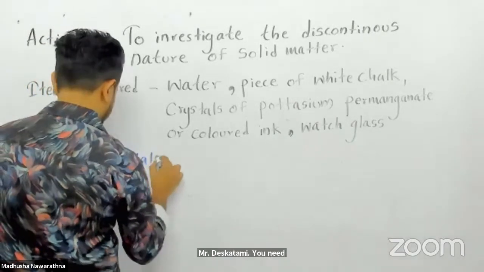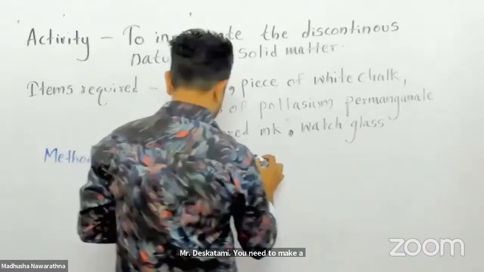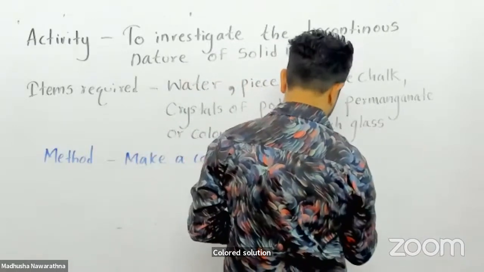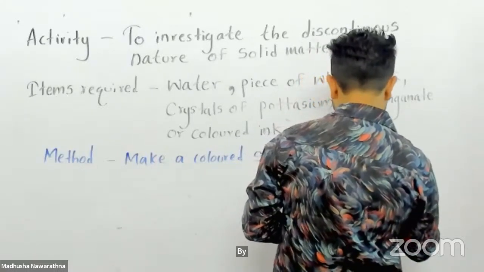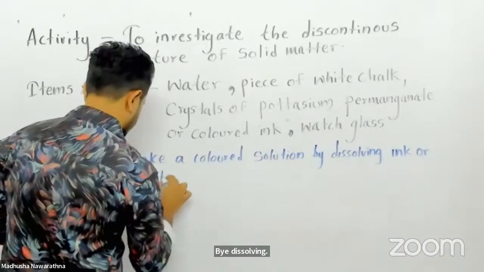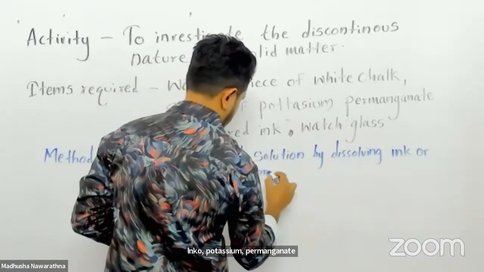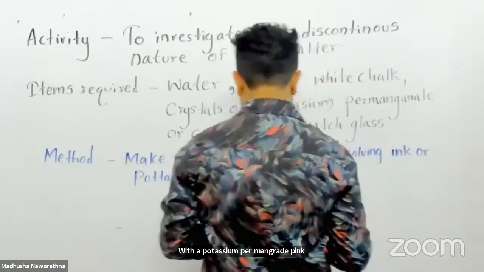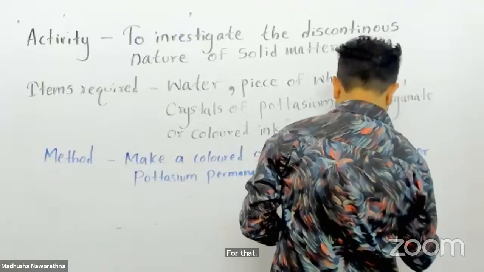You need to make a colored solution by dissolving ink or potassium permanganate crystals in water